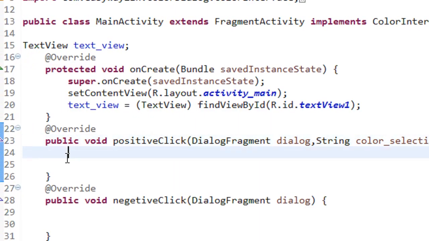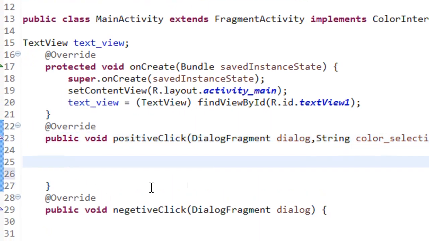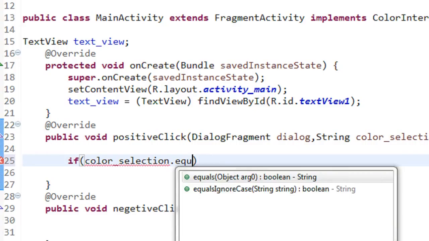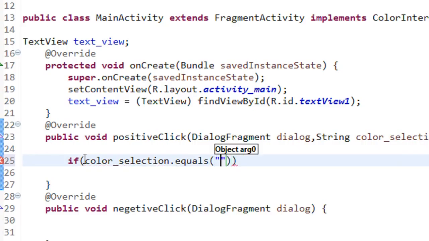Okay, now we have to analyze the color selection here. If it is red color, we have to change the color into red. If it is blue color, we have to change the color of the text view into blue. So here I am going to check it. If color selection dot equals red color,